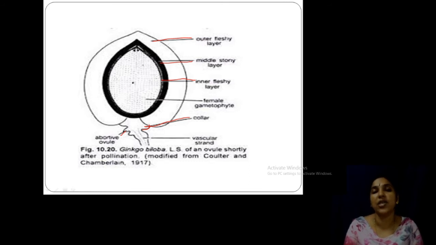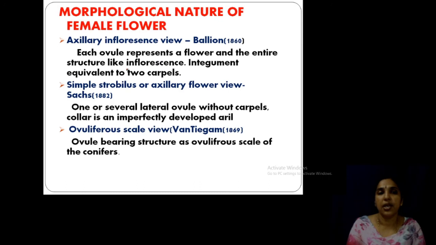First it has the nucellus with an opening here, the micropyle, and a pollen chamber here, and also two archegonia in the younger stage. Then after it becomes the female gametophyte, the nutritive tissue is used for growth of the embryo here, and two archegonia develop. Okay. Then the morphological nature of the female flower.